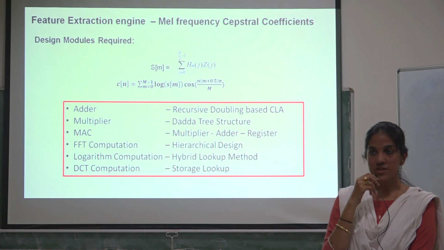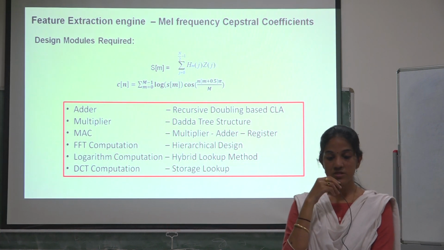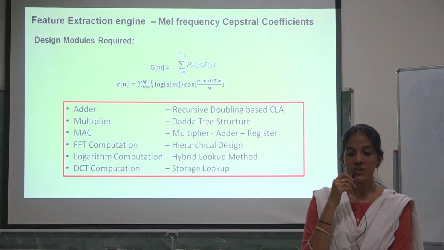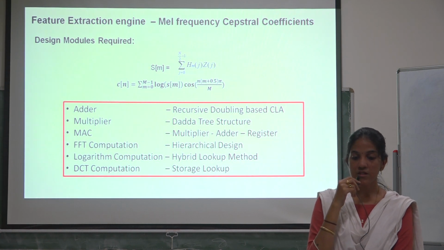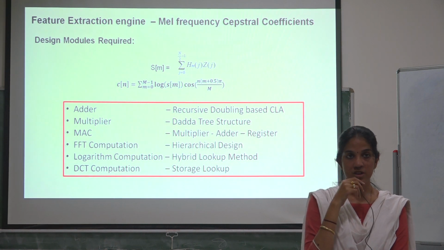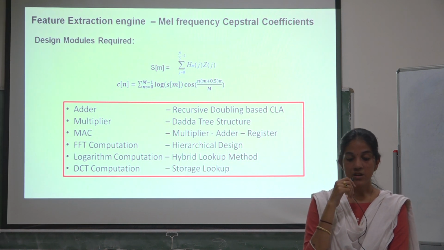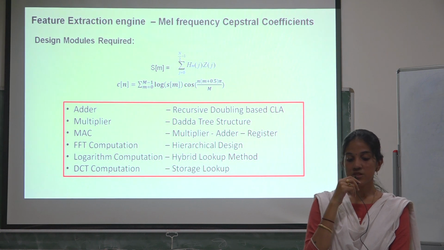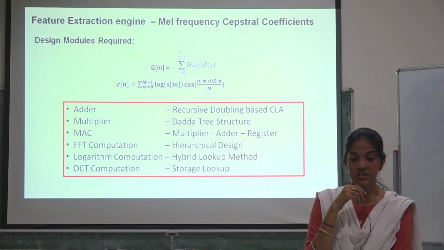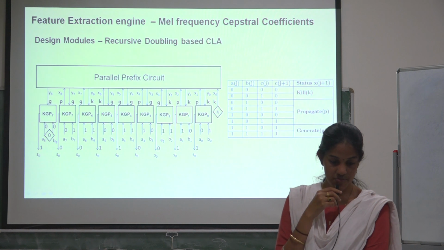And the DCT computation, if we look at the cosine values, the cosine matrix or the cosine values here are all constant, and it is a very small matrix of 240 elements, 12 cross 20. So we could actually store the cosine values completely instead of computation.